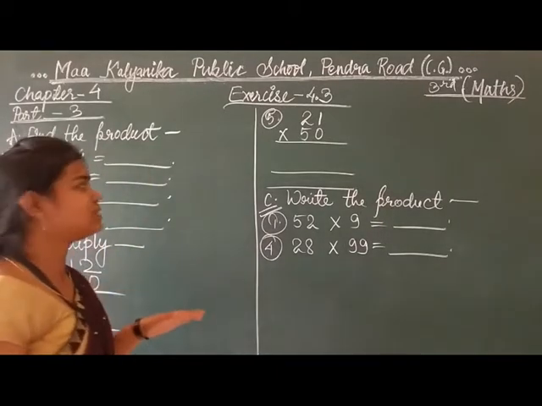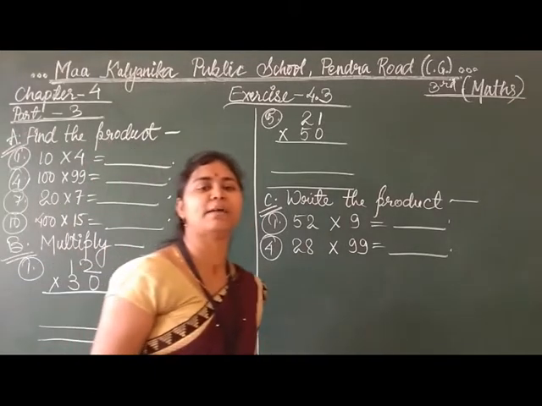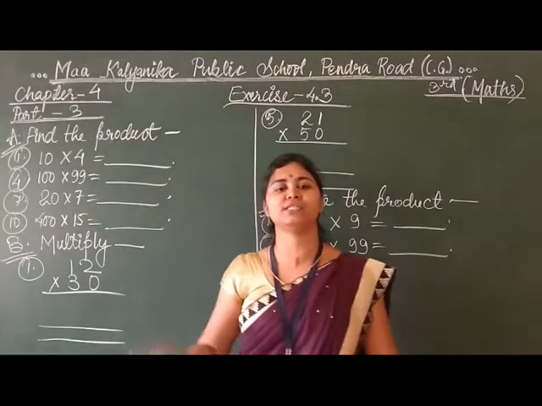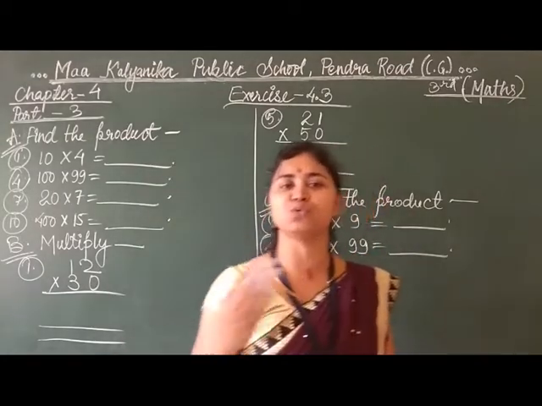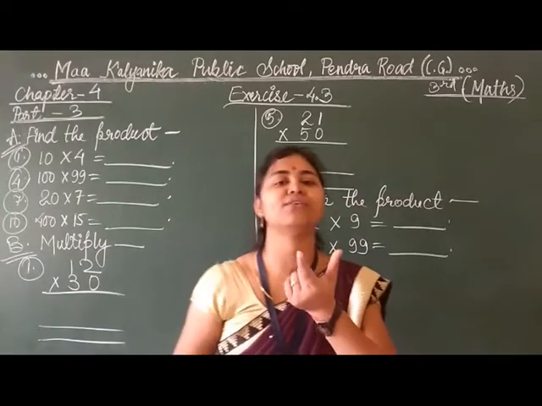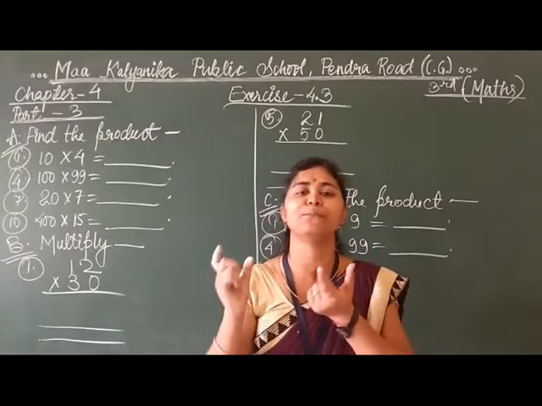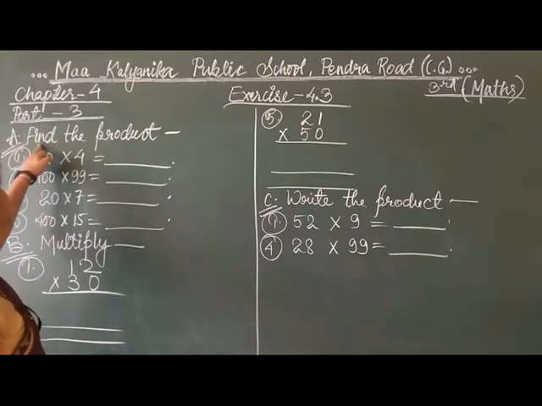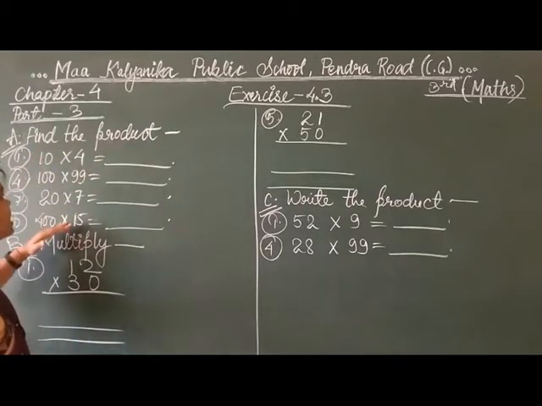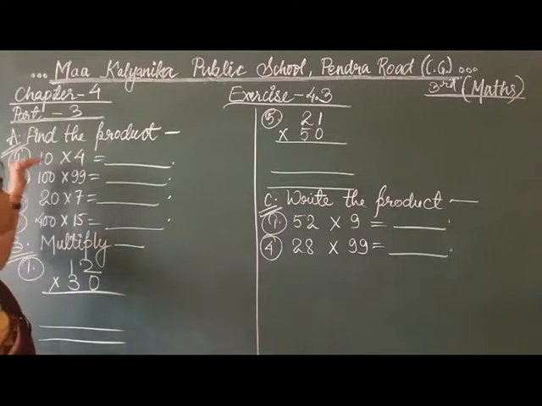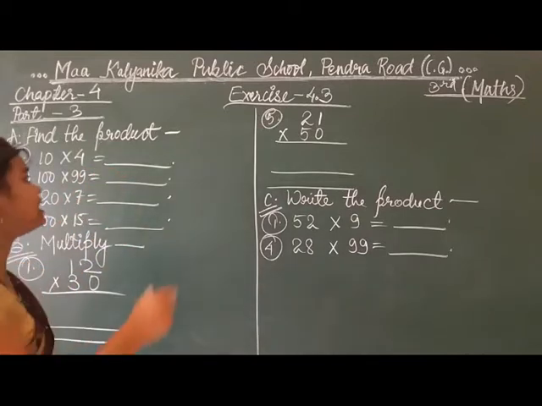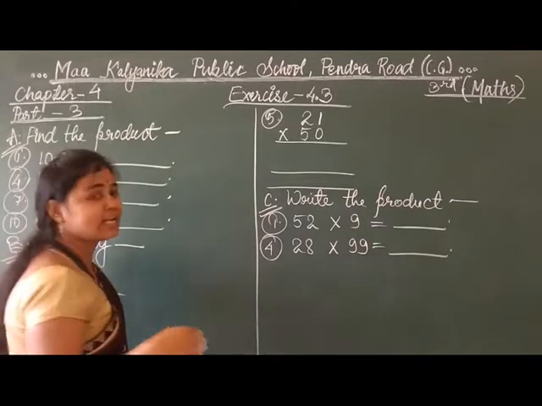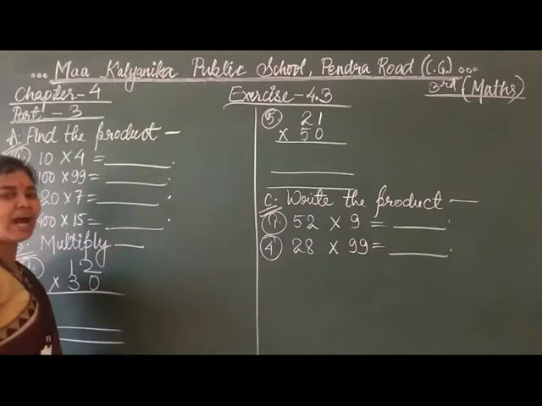Find the product. So simply students, this is the multiplication chapter, so you have to multiply and find the product. Product means the answer of multiplication, like 2 2s are 4. So 2 and 2 are the factors and 4 is the product. Okay, so that we have to find out. The questions are given with blanks, which means you have to write the answer directly, horizontally, right here. You can multiply and rub if you want to by writing in column, and then you can write the answers over here.